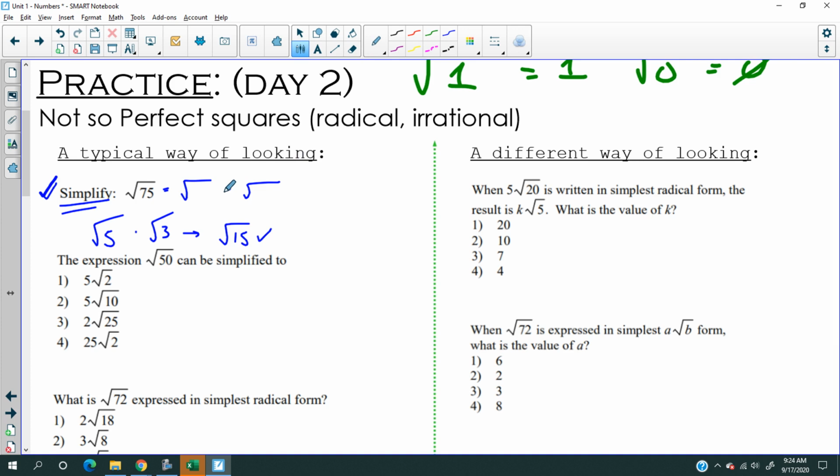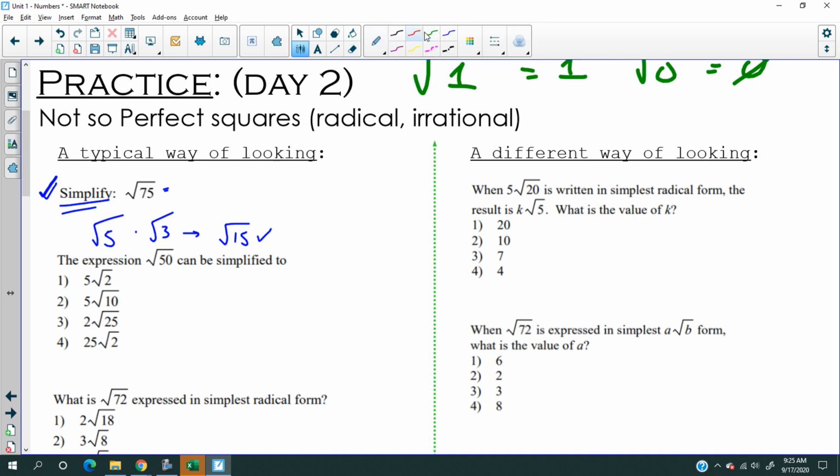So likewise, your question is thinking to yourself, right? Self, what two numbers when I multiply will give me 75? Now, you can think of it like this, what are all the factors of 75? Now, you could do 1 times 75. But the problem is that takes you nowhere, right? Because the square root of 1 is 1. And then you still have a 75 out here. So that didn't take you anywhere. So that's not a good solution,